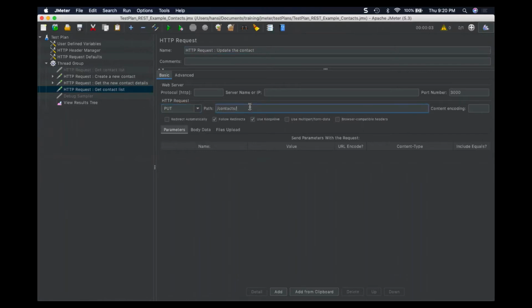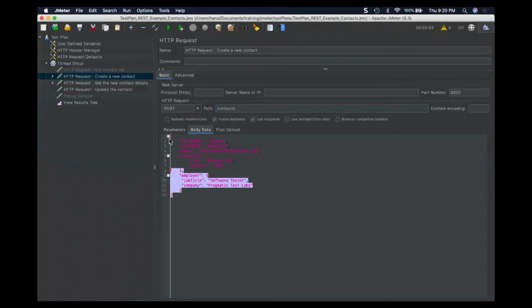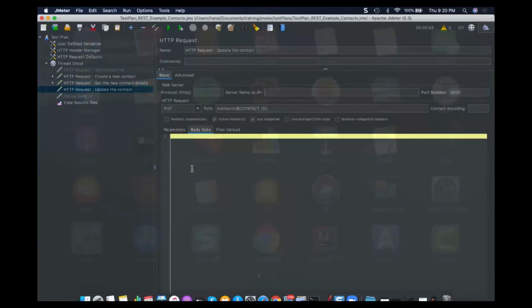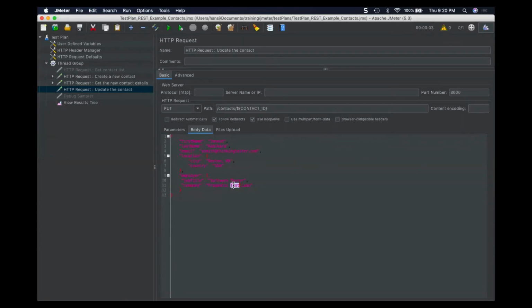Also you need to pass the ID that you have extracted from the previous request, contact ID. In the body data, you need to pass the new contact details. This time, I'll paste it, change the new company name to Pragmatic Labs.